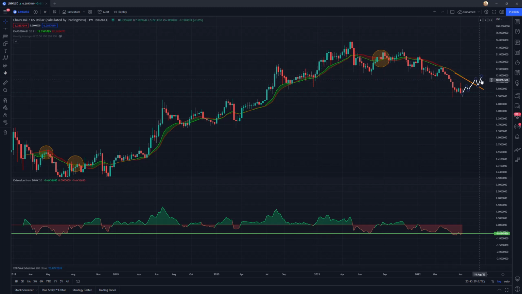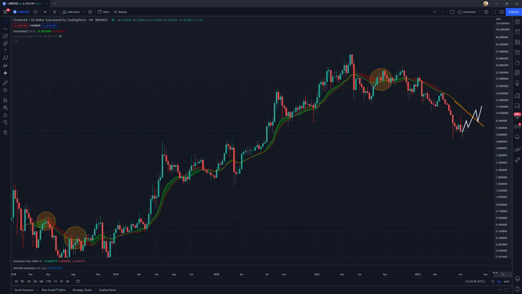So if we do see something like that, I would expect and anticipate a retest of some of these lower highs, such as the one in April at $18, and then ultimately some of these higher levels. But we'll just have to wait and see and take it step by step. All right. So now I'm going to collapse this pane and go over to the next